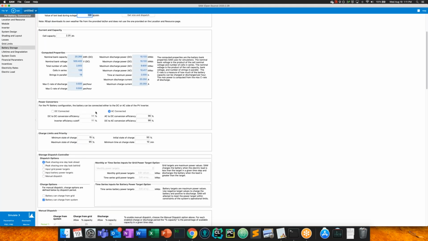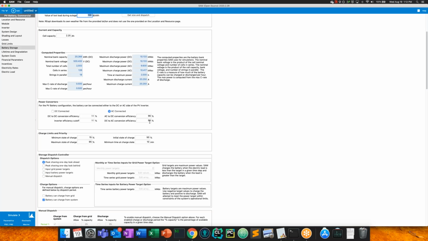So these are efficiency losses that are applied for both DC and AC connected systems due to the power electronics that are required. So for an AC connected system, the battery is connected to an inverter, which is then connected to the output of the PV inverter. Every time electricity flows across this inverter, there is some efficiency drop, which is modeled with